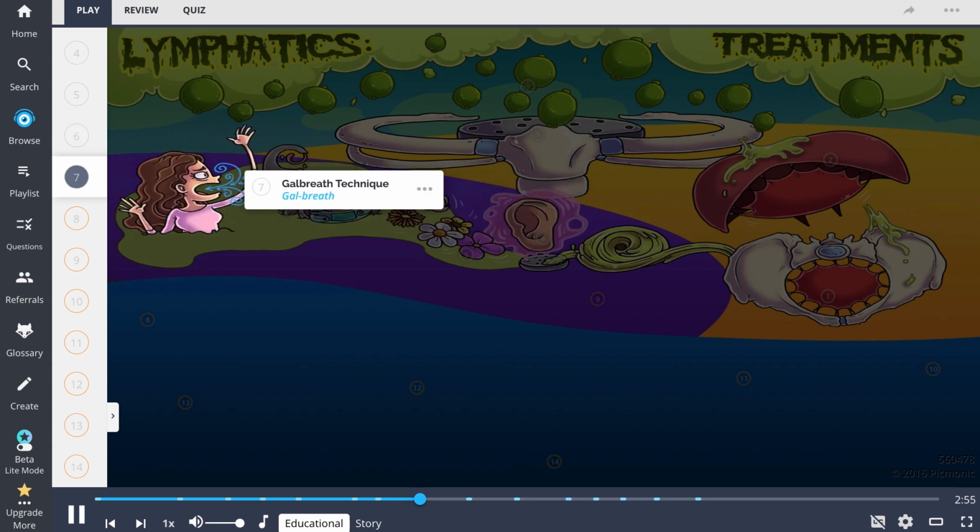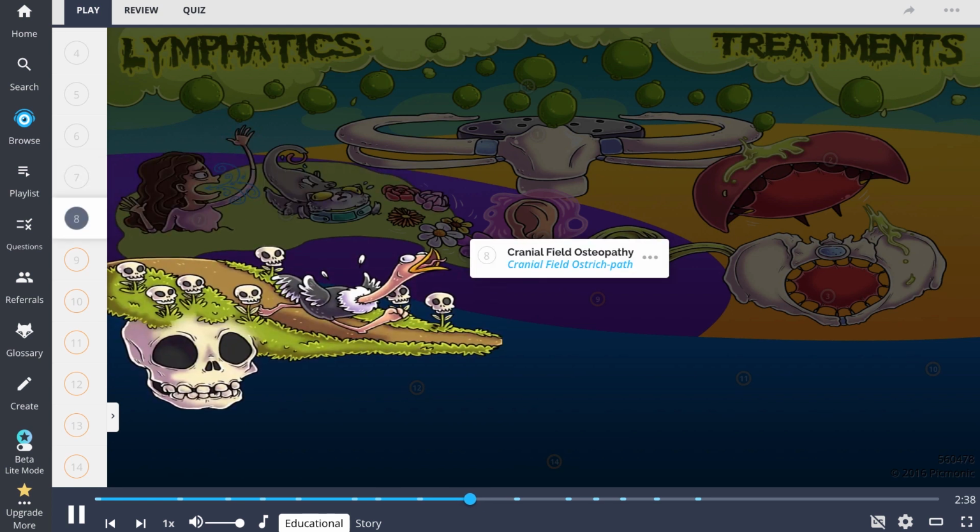The last HEENT technique in our panel of characters is the Galbreath technique, visualized as this gal struggles for breath against the parading hurricane of lime juice winds. This technique consists of sweeping pressure across the mandible with the aim of relieving lymphatic sinus congestion. Our last category has the techniques that mechanically mobilize the lymphatics. Cranial field osteopathy can be envisioned as the ostrich path. Diagnosing the various strain patterns and treating the CSF and reciprocal tension membrane may facilitate fluid drainage to the rest